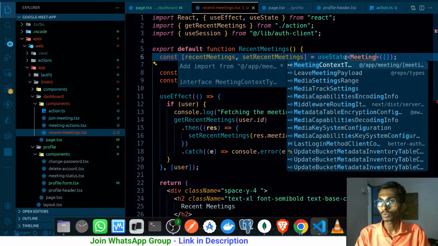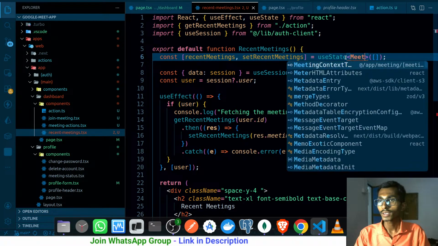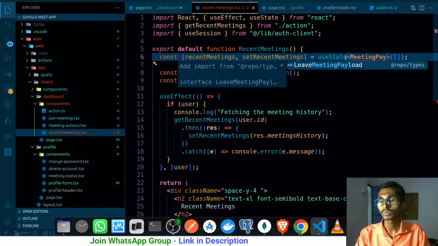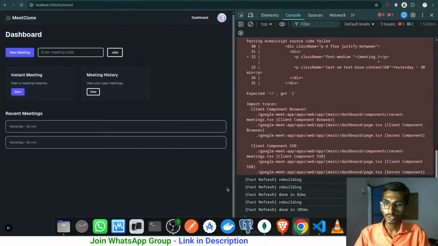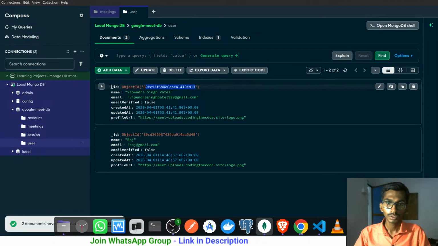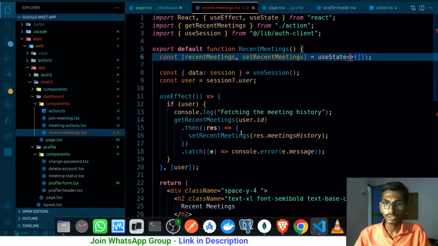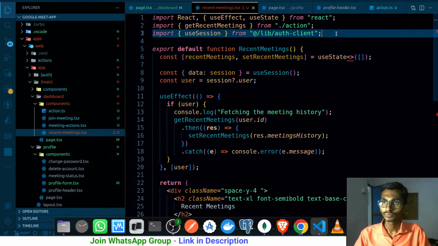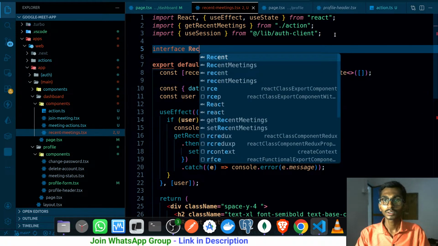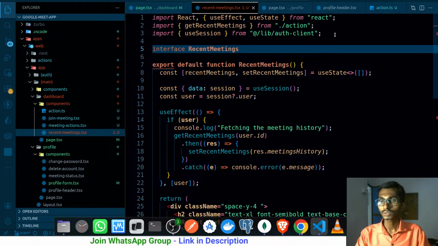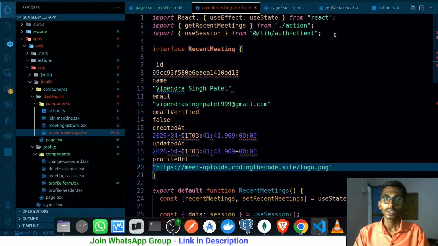do I have meeting type over here? No. Do I have meeting payload here? Leave meeting payload. I have the meeting. Let me create the type. What do I get from here? These are the things I get, right? So quickly let me do one thing. Interface recent meetings, or the interface for this, that's actually gonna be an array. So recent meeting, let me